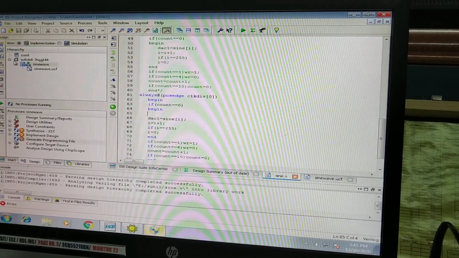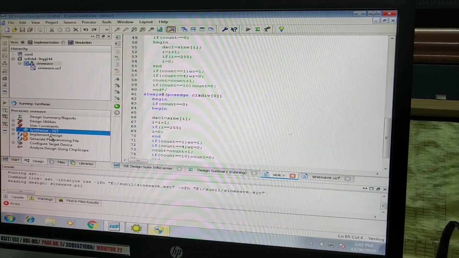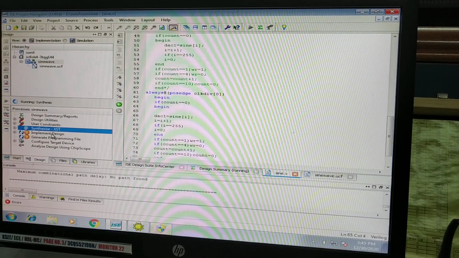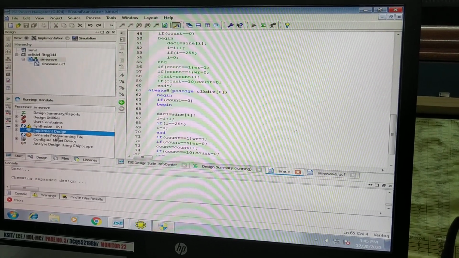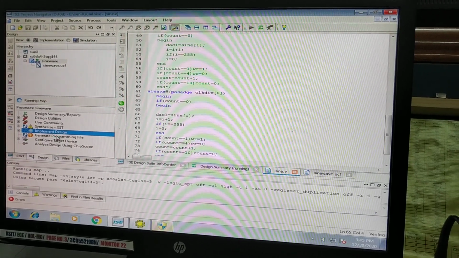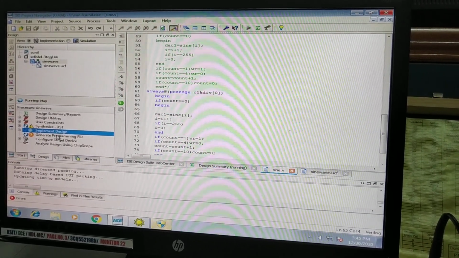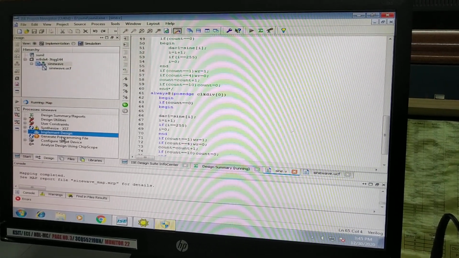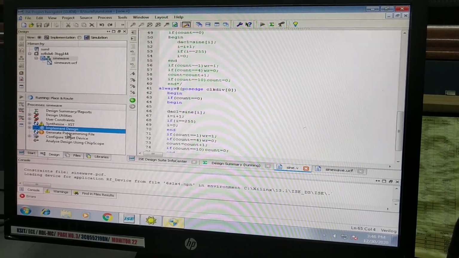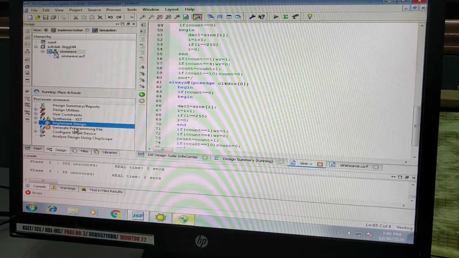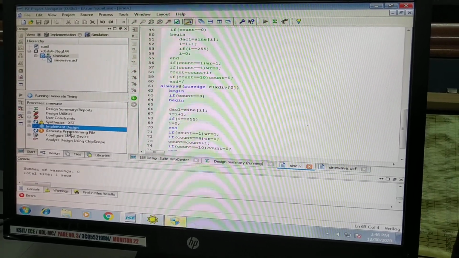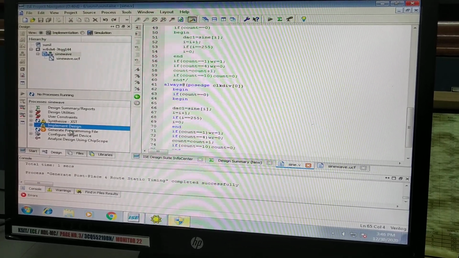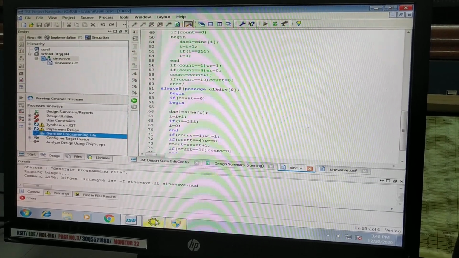Let's save, synthesize, implement. Generate program file.